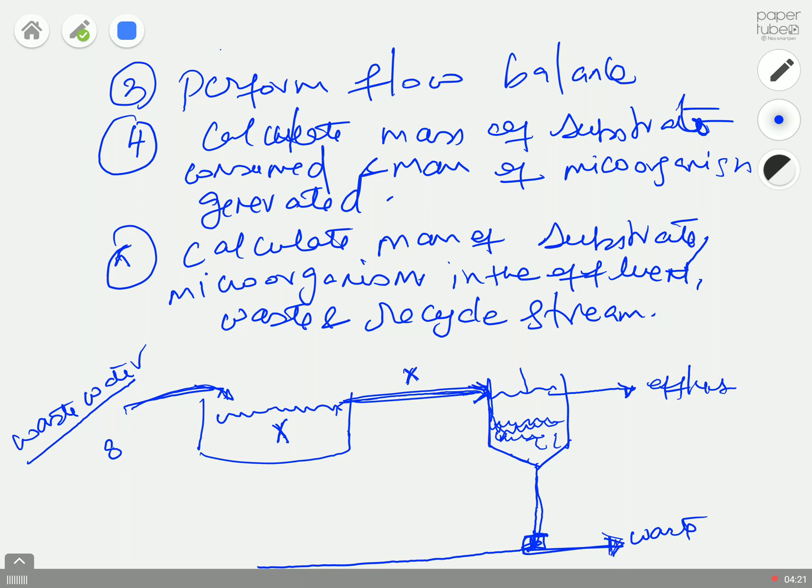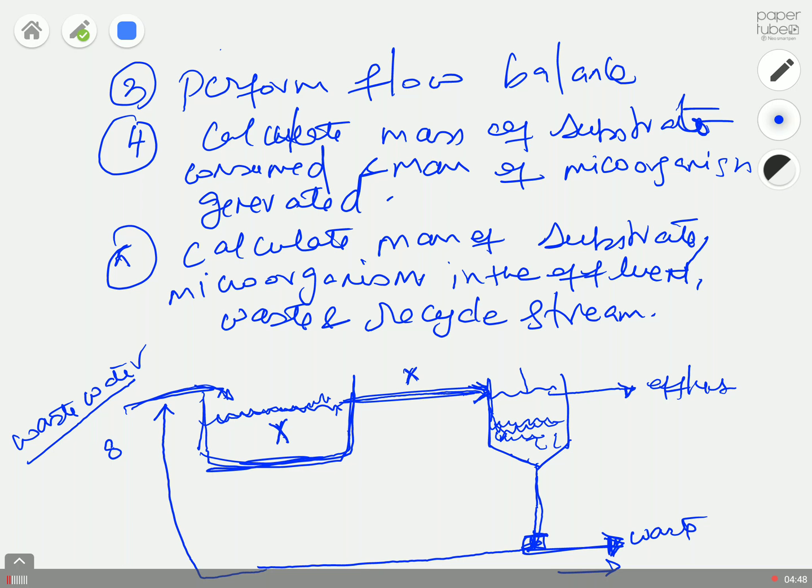One stream goes as waste, which you dispose of, and the other stream you recycle and pump back into your activated sludge tank. You can call it activated sludge. One reason is that the microorganisms inside this tank are growing in the exponential phase, which means at the maximum rate. So that's another reason they call it activated